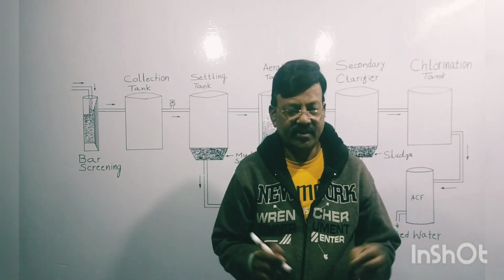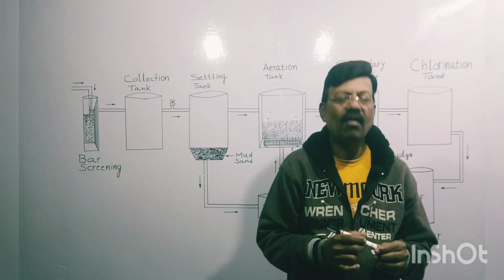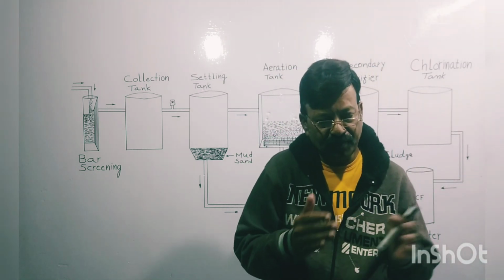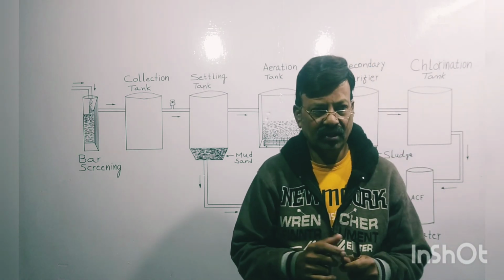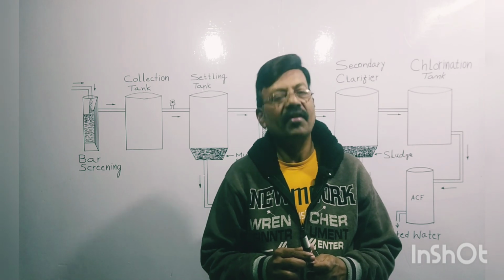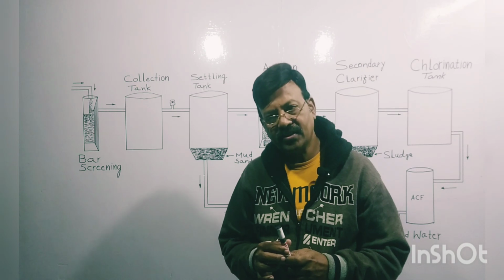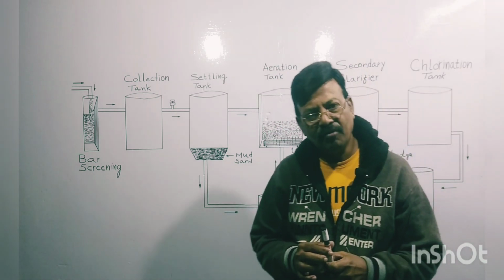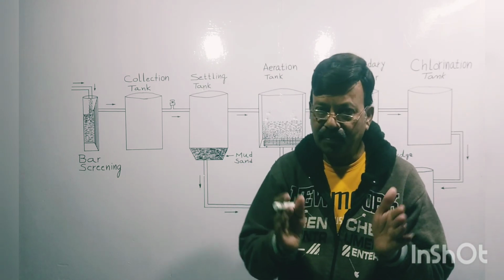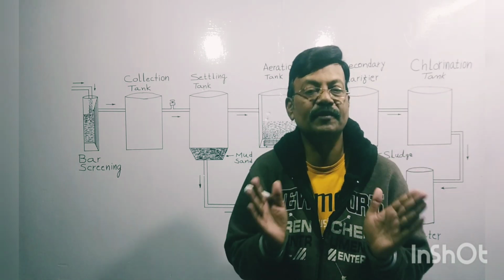Now, suspended solids. See, the raw sewage or the wastewater which the STP receives from the apartments for treatment contains grease, oils, organic matter, detergents, bacteria, virus and some sort of chemical compounds as well. These impurities and contaminants which are present in the wastewater are known as suspended solids. Got it?